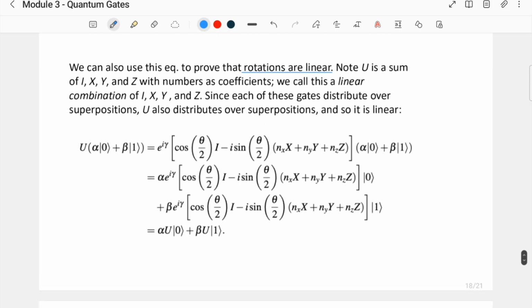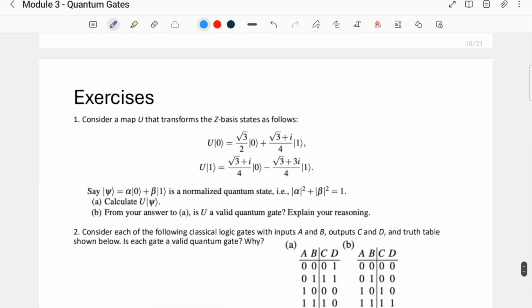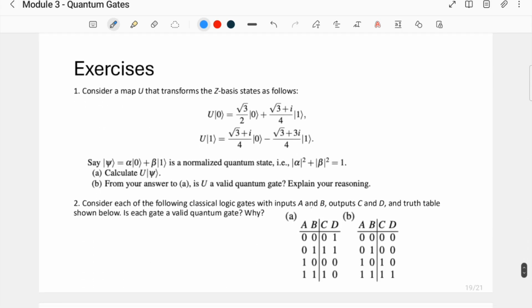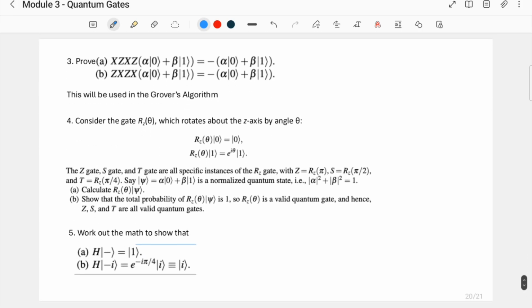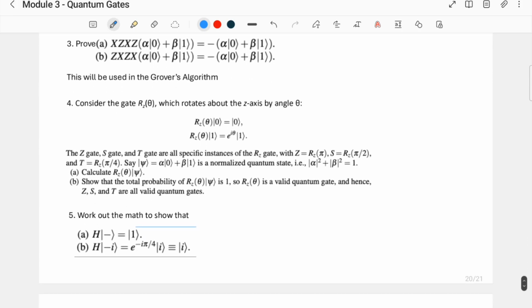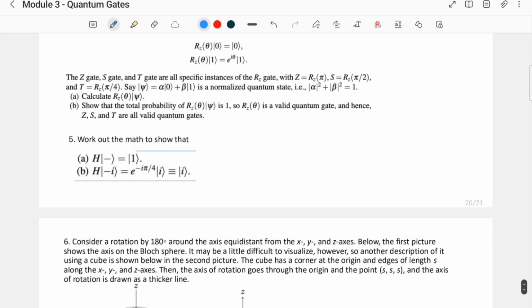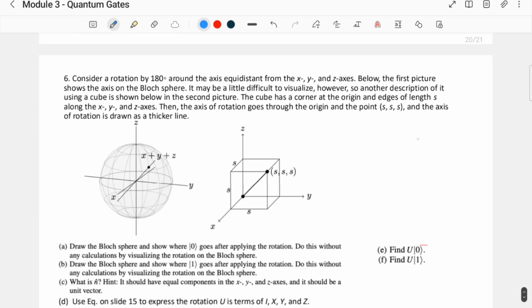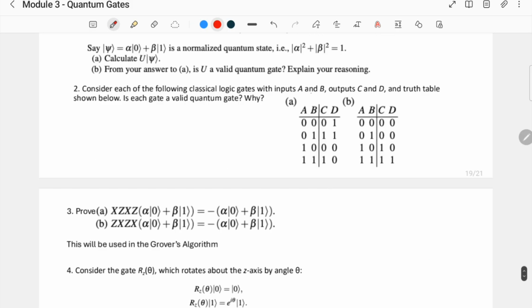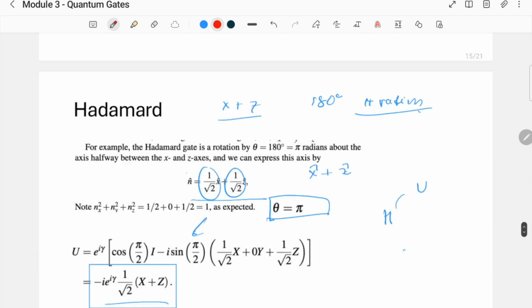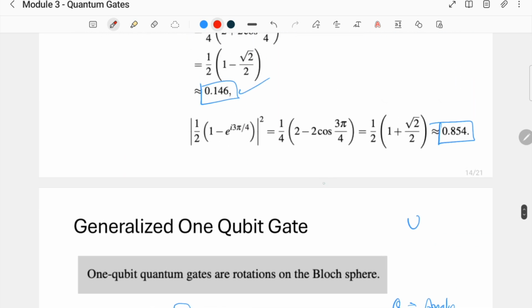So this is the end of our module, and now we have some exercises. These are some questions that you can try, and you can ask me if you have any doubts in the office hours. And this is quite a good example. This question is quite good to test your overall understanding, especially of this concept of the generalized one qubit